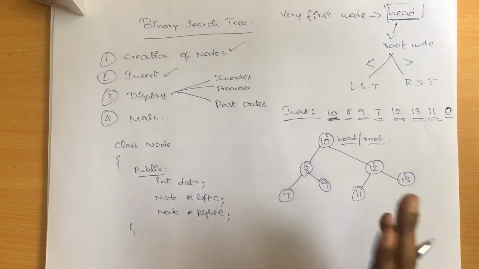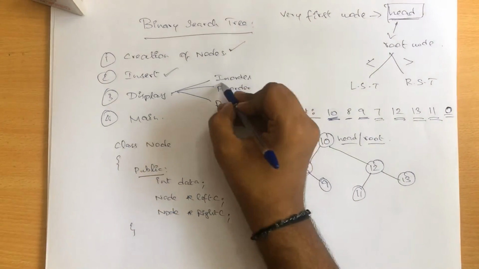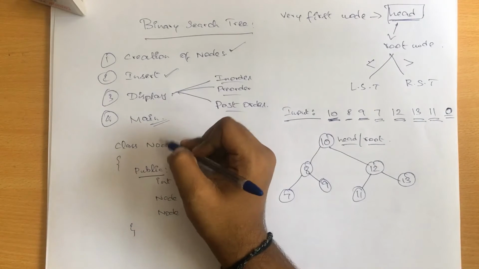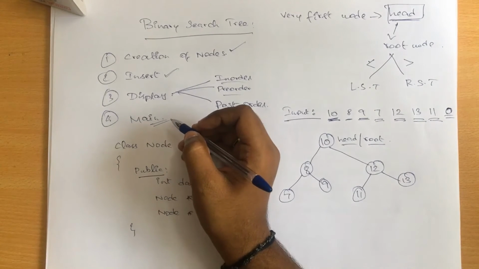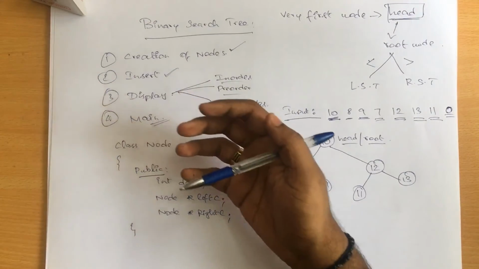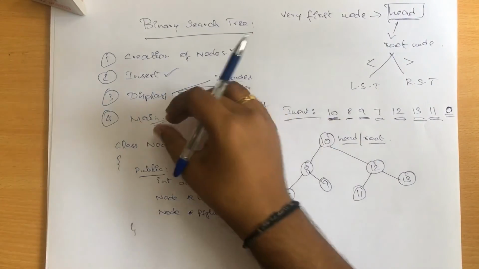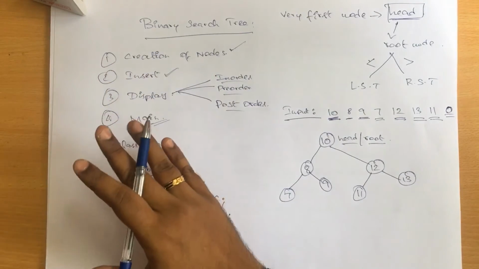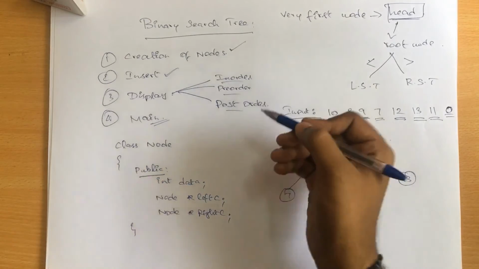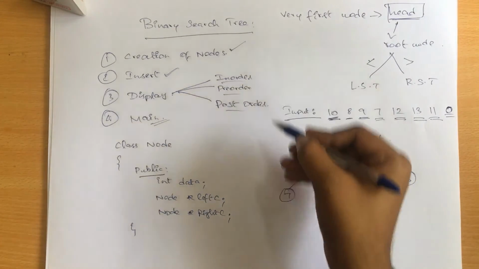Same way, whenever I am going to print the values in order, pre-order, and post-order, right? So the main method is the same as what we learned in yesterday's class as well as the day before yesterday's session, that is for implementing linked list, stack and queue. So the main method is the same, right? I don't want to discuss it again in this session. But when it comes to the display process, we need to move with three different steps.